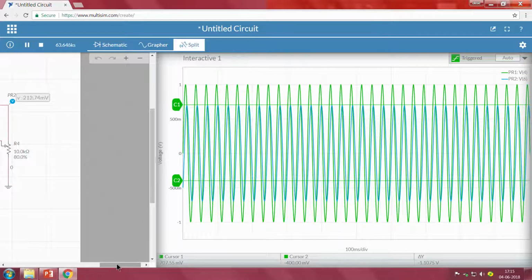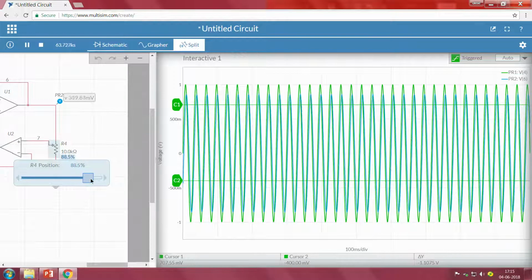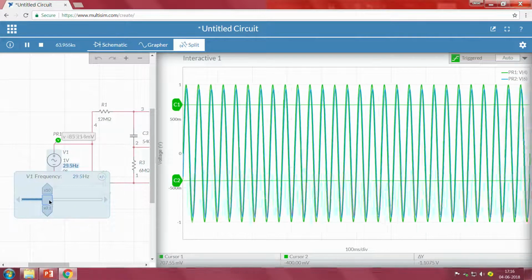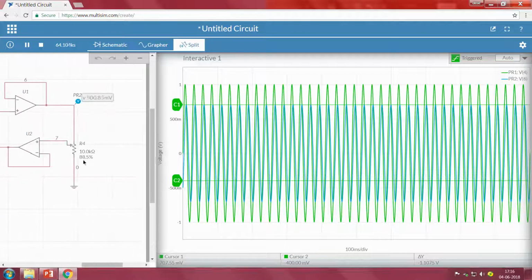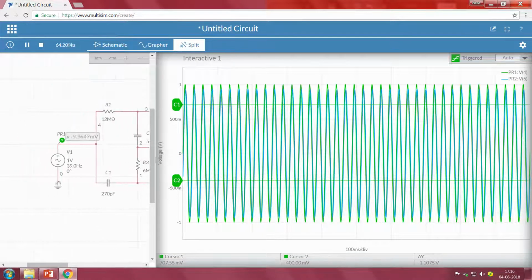So, what if I increase it? Okay. Till that particular frequency, 39, now it has increased to 39. So, we can see at what frequency we need to have the proper cutoff.